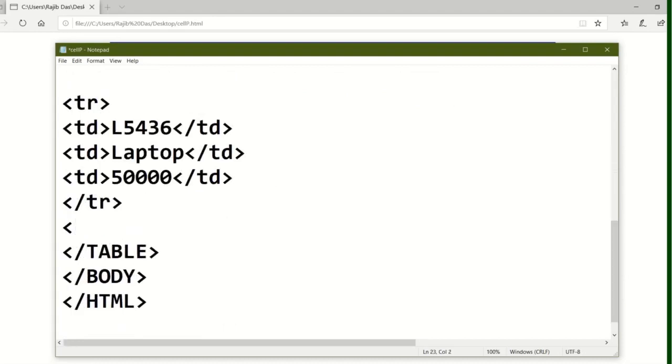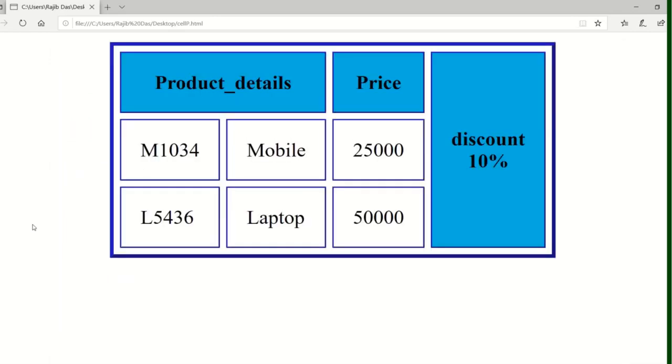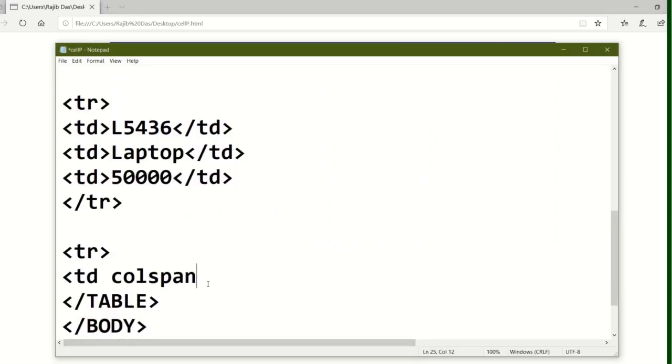Now I am creating our next row. This is the fourth row, and in this fourth row I am creating our TD and writing colspan. So how many columns are there now? 1, 2, 3, 4. There are 4 columns. I am covering all columns, so I am writing colspan equals 4.